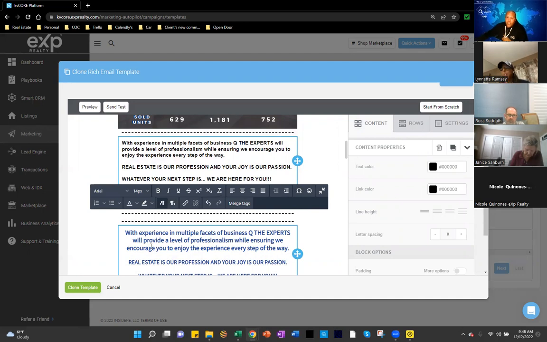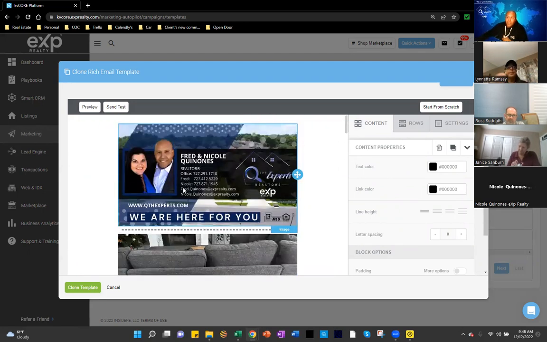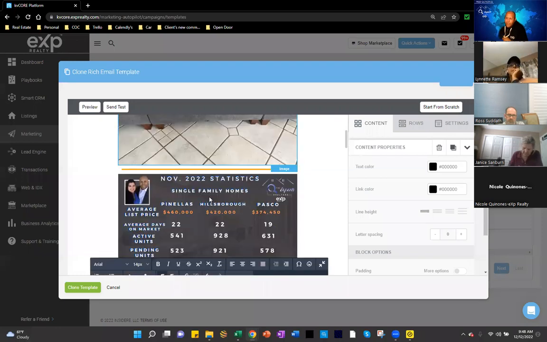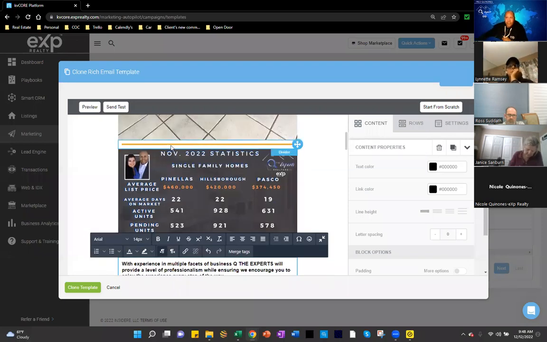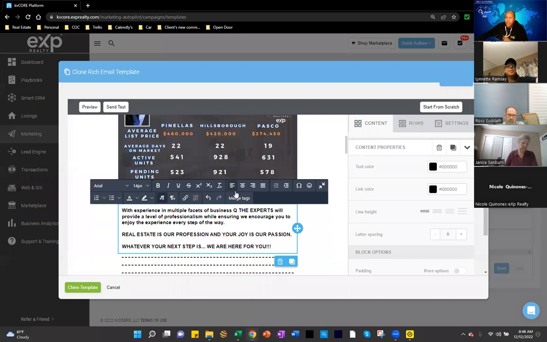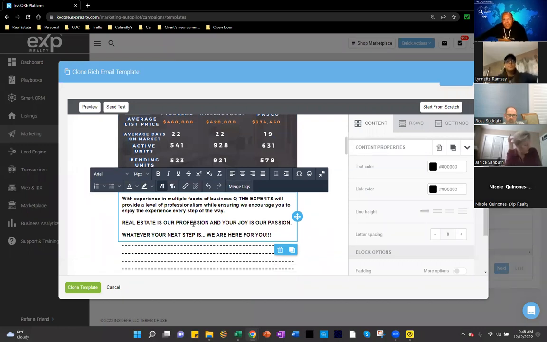I'll probably change it a little bit in the future because this is our new branding stuff, and we have blue and white and black. Before, we had the EXP colors, and I kind of still like to keep it for now. But think about that carefully, because as you start to create other emails and templates of your smart campaigns, it would be better that you keep a consistent color and scheme in your things